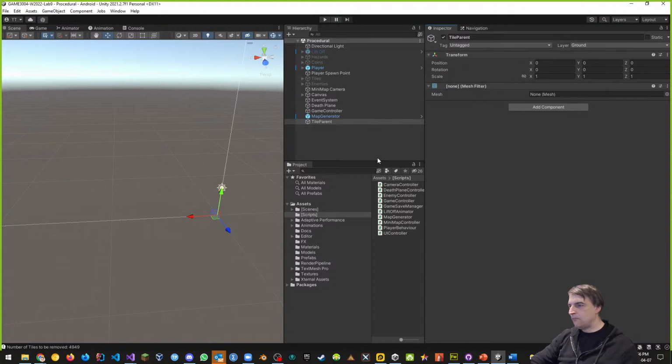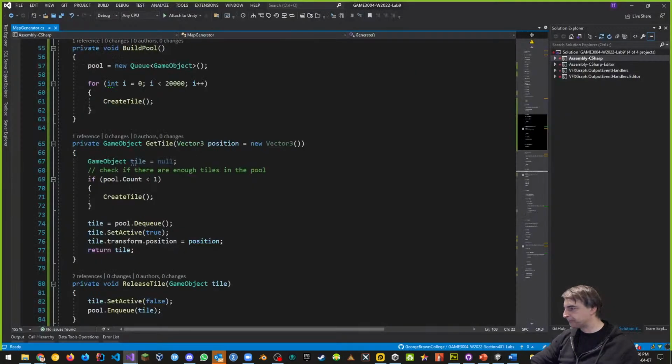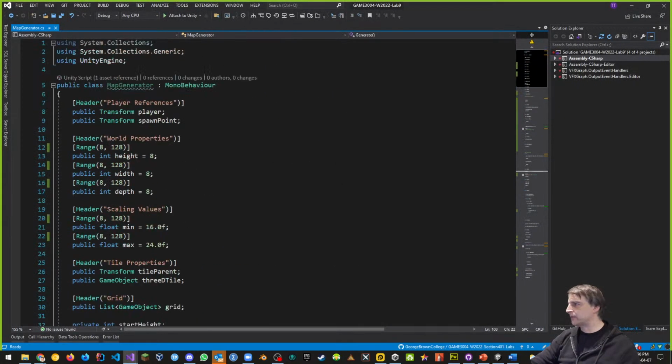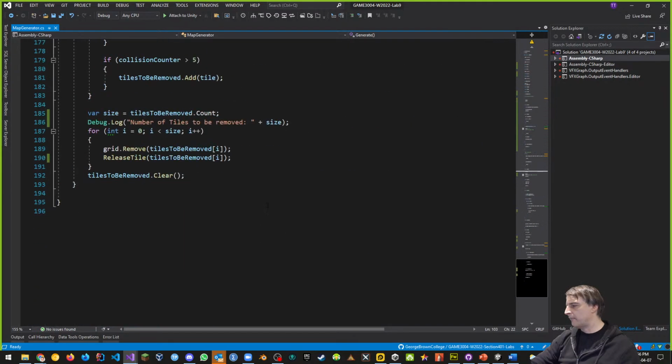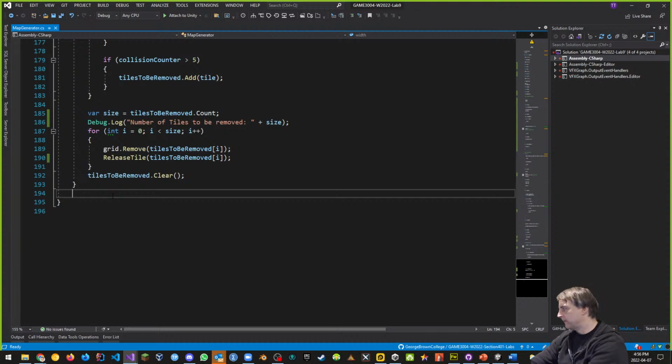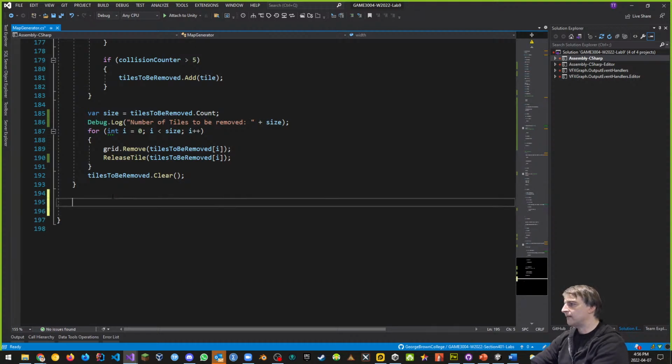Next, let's go back to the script. Now that we have those things in place, let's think about how this is going to happen and what I'm going to do. I want to make a brand new method. I'll put it at the bottom here. I'm going to call this method